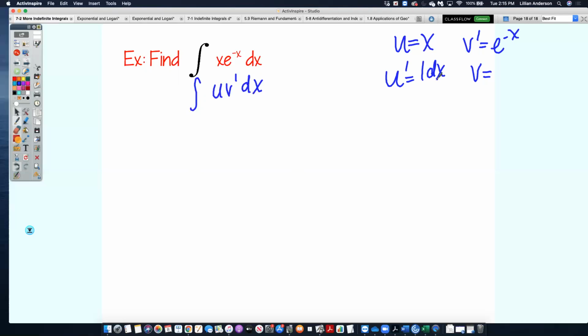What's the antiderivative of e to the negative x? Negative e to the negative x. That's another one of your linear factor ones. Remember, it's 1 over a, e to the ax plus b. A in this case is negative 1. There we go. So now we're able to apply the formula, which is,